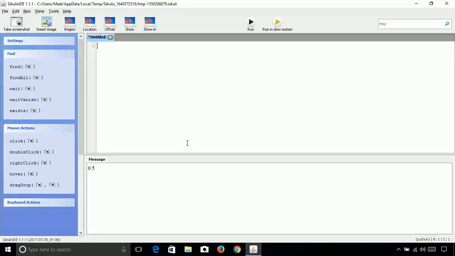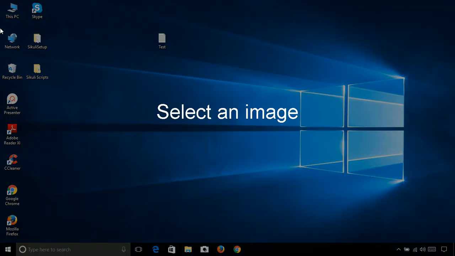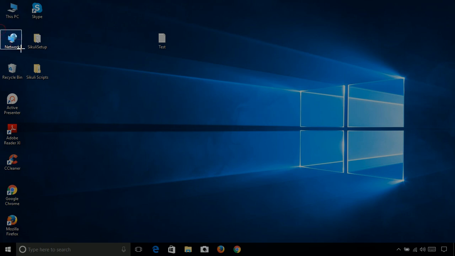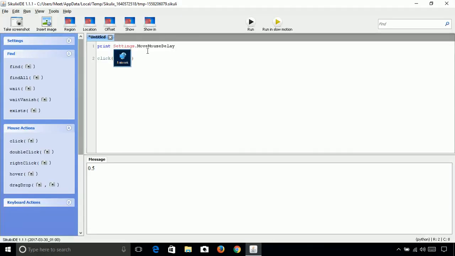First let's print what the default move mouse delay is. Basically it should be 0.5. You can change it to whatever you want. So let's first click on network. Let me drag a box over network.